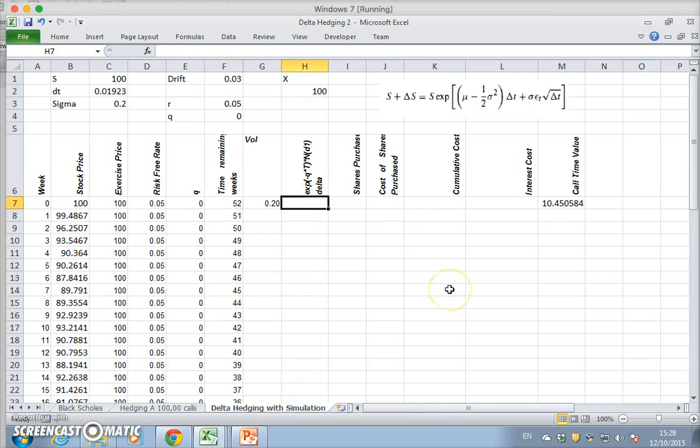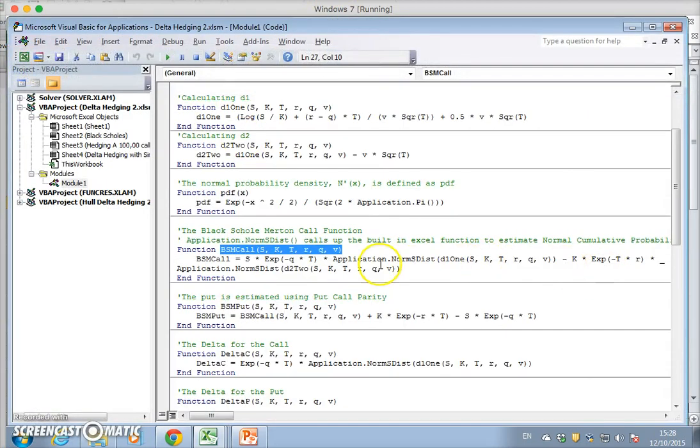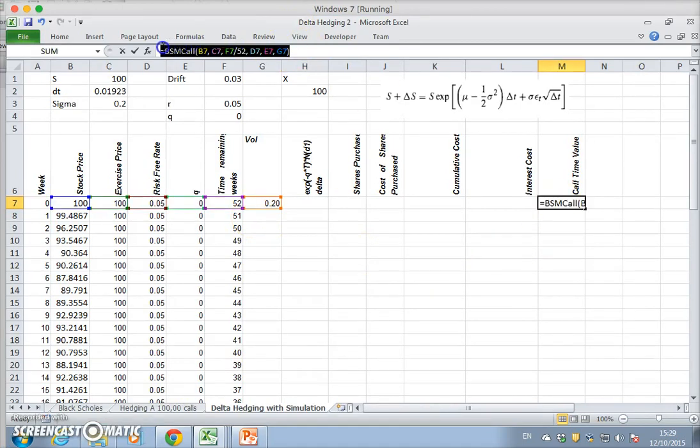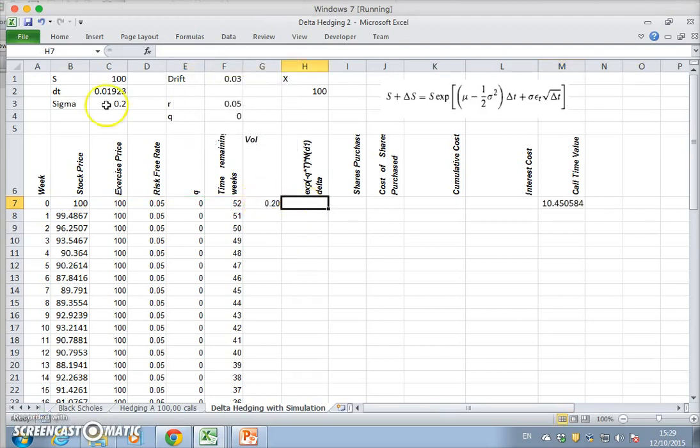And if we were to work out the value of delta here, again we can go back into the developer tab, and again it's important that we get the delta C. So in fact what we could do is, these values are in the same order as they call S, K, T, T, R, Q. So just remember delta C. So let's say equal to, let's take this, just copy, paste, put the equal sign in front,